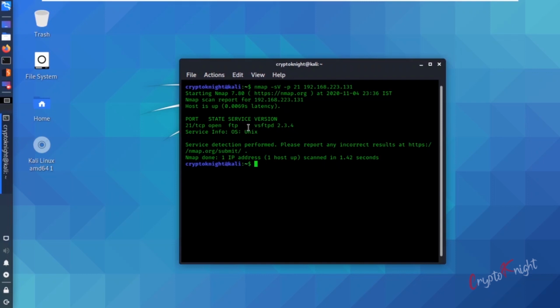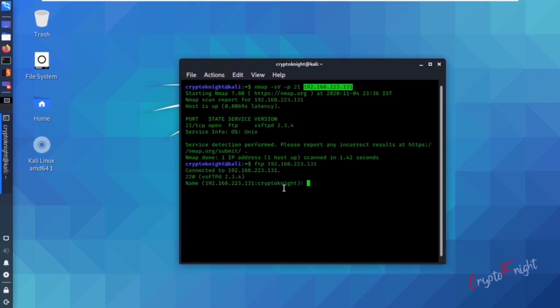So till now we have some information that port 21 is open on the victim machine and the version running is this particular version. To connect to FTP, simply type ftp and the IP of the victim. Now it is asking for a username to be entered.